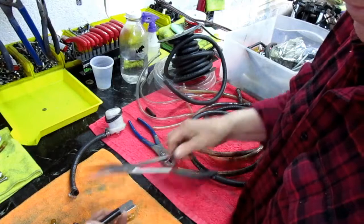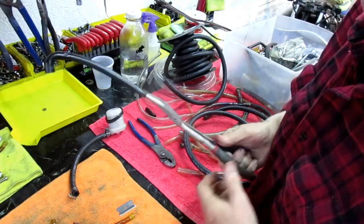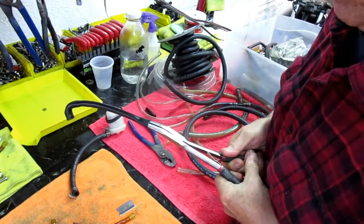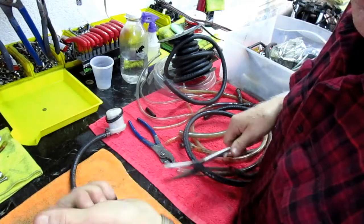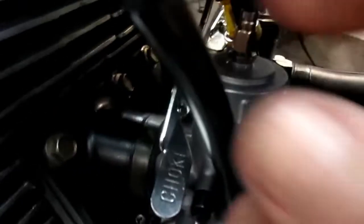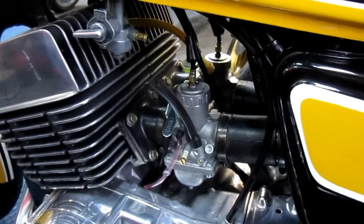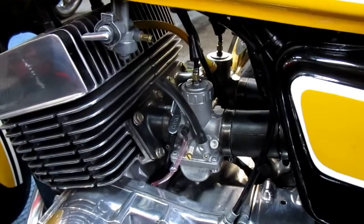By the way, this is a temporary fix. I wouldn't want to do this and then go for a 10,000 mile ride. But that will stretch the tubing just enough that you can get it over a 5/16 fitting. You get a piece of 1/4 inch tubing that really doesn't fit on that. By using the pliers and some heat, a combination of both, we've got a stopgap until we can get some